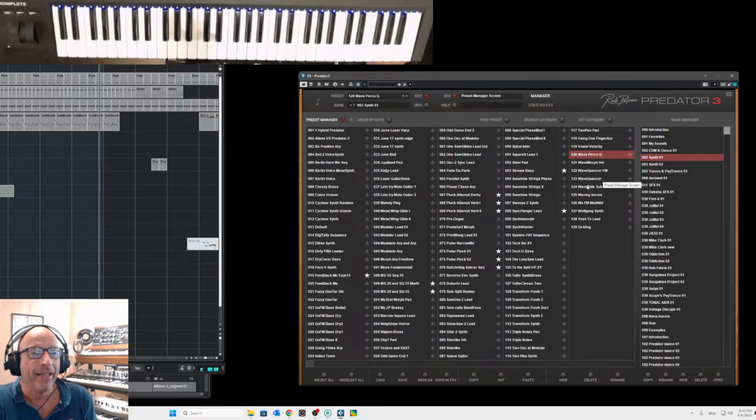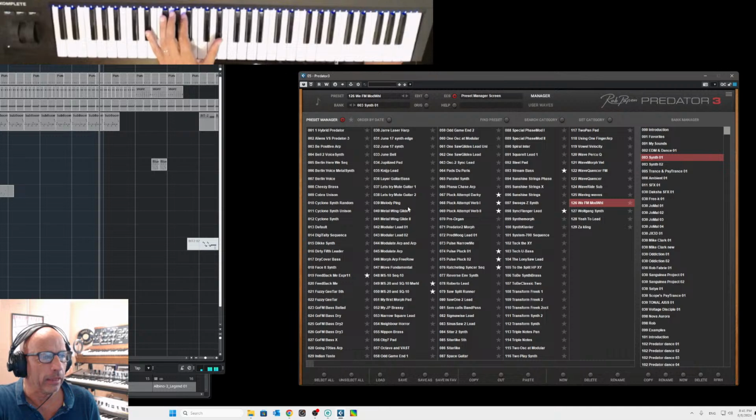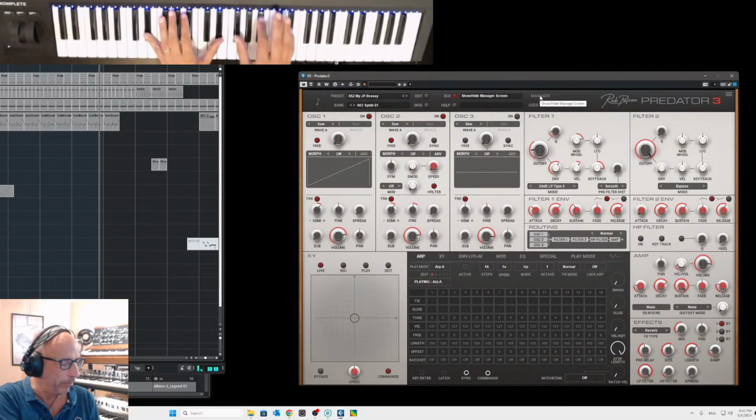So it goes from newer digital things, okay, to classic synth sounds. But this is more a